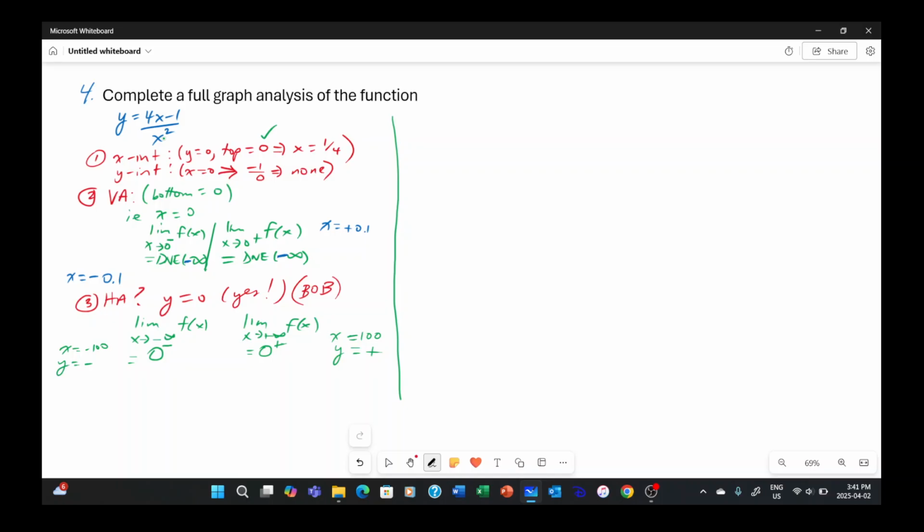Okay, next, derivatives. Now, in your homework and on the test, I will probably give you the derivative for the big graph analysis question, for the simple reason that I don't want you messing up the whole graph because your derivative's wrong. So we're going to do the derivative here, and I'm going to try and go through fairly quickly. Derivative of the top is 4 times the bottom minus the top, which is 4x minus 1, as the derivative of the bottom, all over the bottom squared, so it's x to the 4th now,